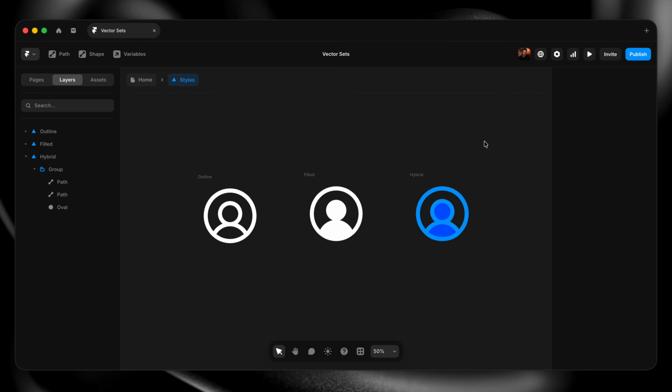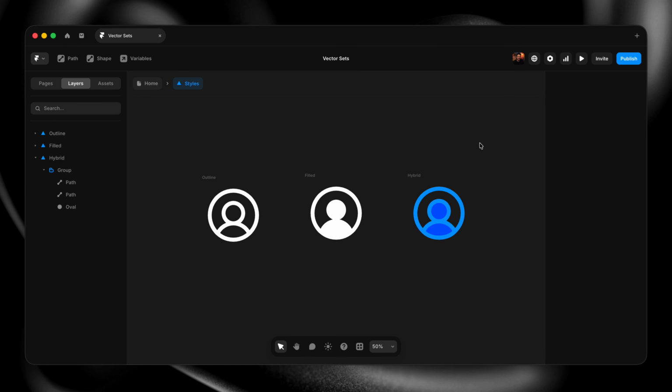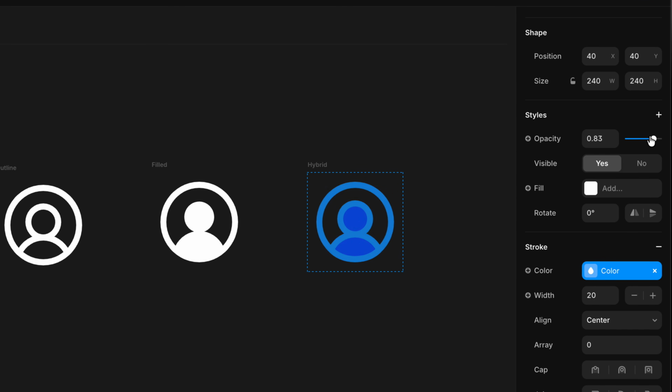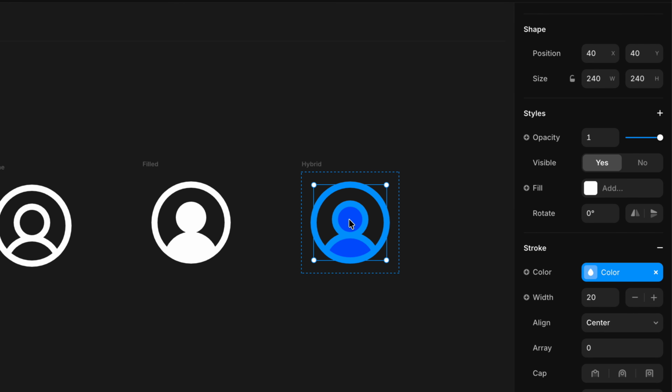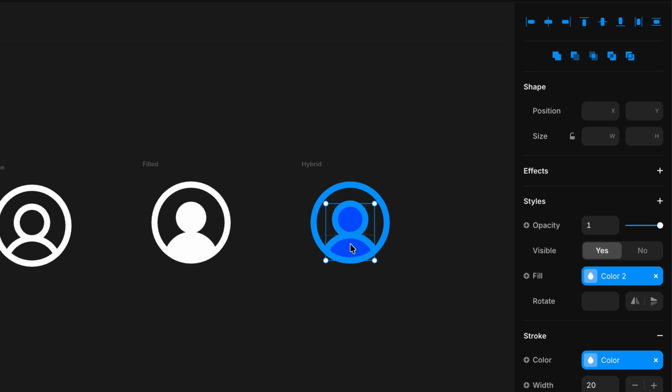For example, what if we want to change the opacity of the fill without affecting the stroke? Well, that's where fill alpha comes in. So looking at this third icon, we have both a stroke and a fill. Instead of adjusting the overall opacity, I'll select the elements that have fills applied to them